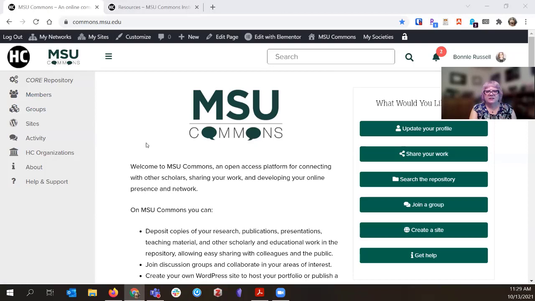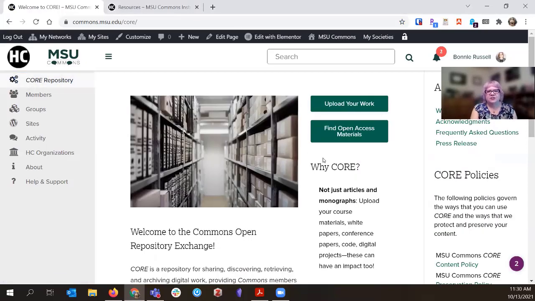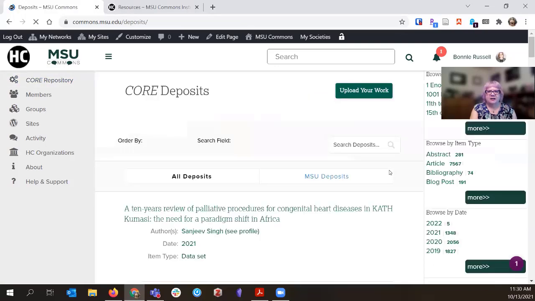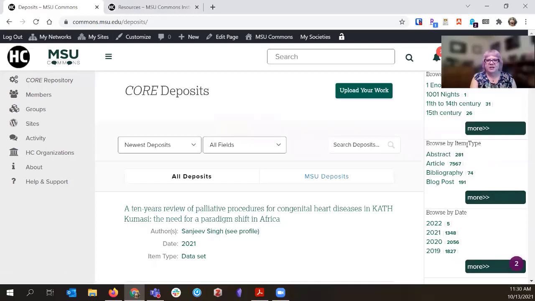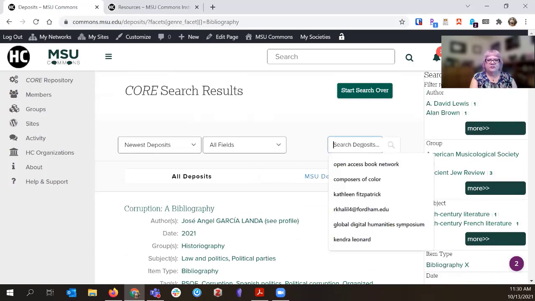So one thing I do want to showcase, and we really didn't go over it, is using the CORE repository as a source of information. If you click on Find Open Access Materials, you can see here that we have browse by subject, browse by item type, browse by date. And so you can actually go in here and pull up a list of bibliography. Or you can search deposits for